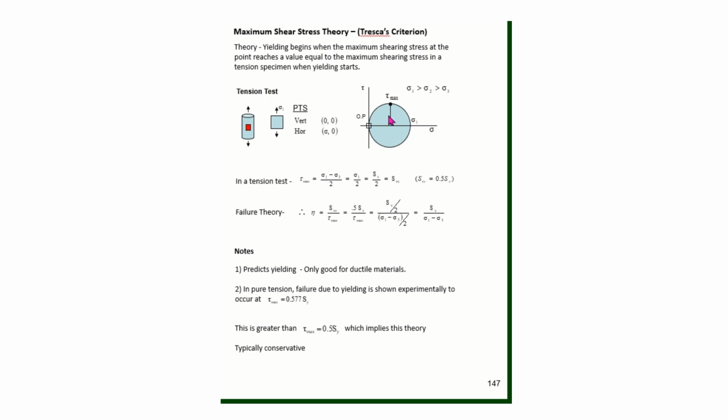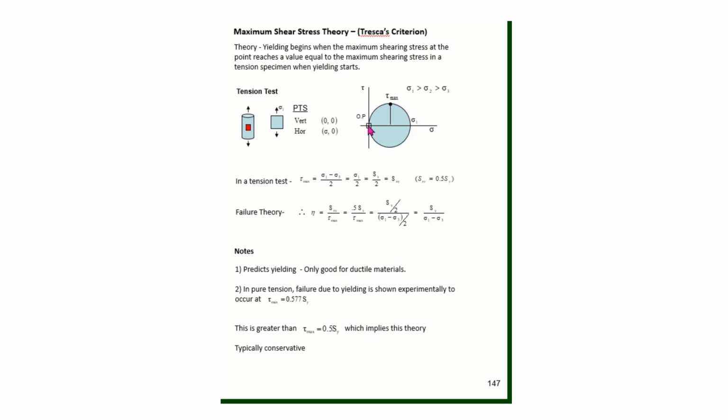Then we take the shear stress at that point, and that's the maximum allowable shear stress in our element. So it's somewhat based on a principal normal stress idea, but we're looking at it in terms of a shear